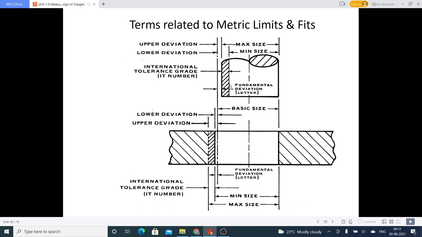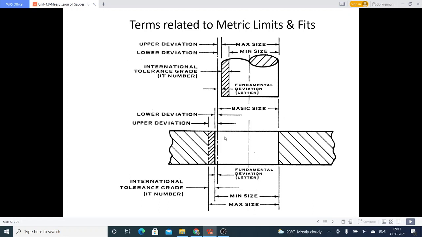This is the lower limit of the shaft and this is the upper limit of the shaft, and you can see a center line is drawn over here. It is the basic size line. Now you can see this is the basic size. We can consider this the basic size of the hole and shaft. Now we need to calculate the upper deviation and lower deviation for the shaft as well as the hole. How will you calculate the upper deviation and lower deviation?